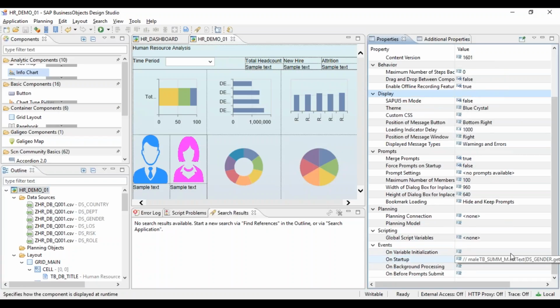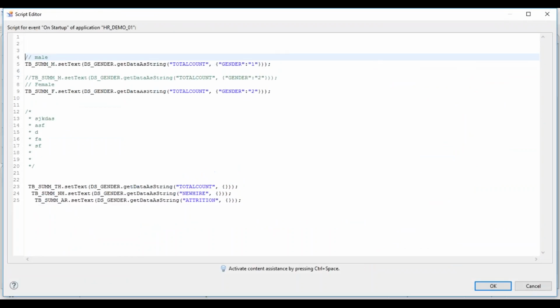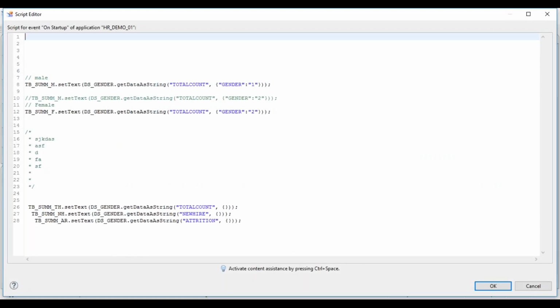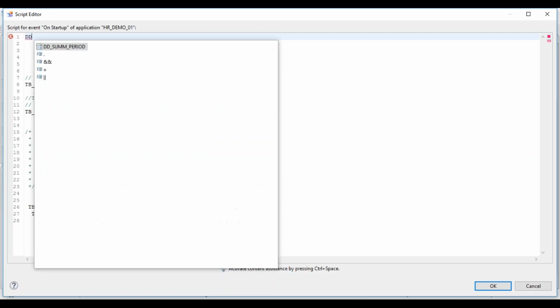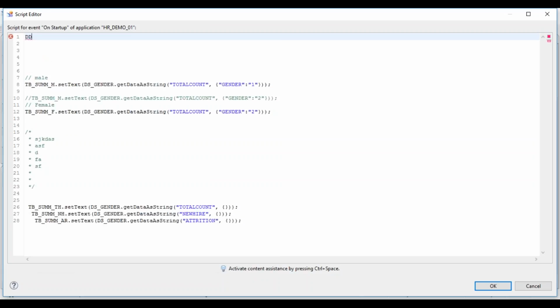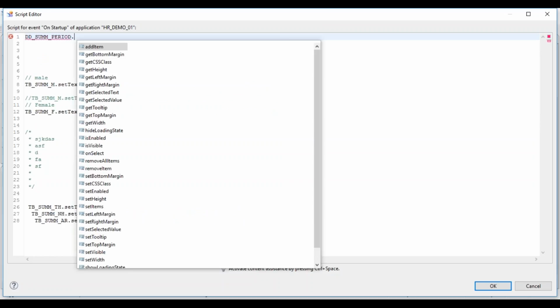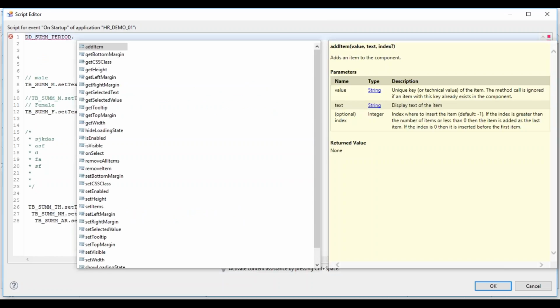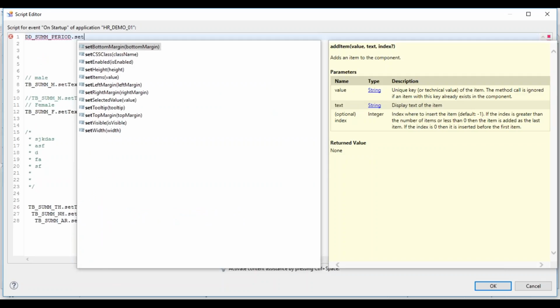When this value should come is when we are starting the application, that time it should have values, this time period drop down. So on the starting itself, what we'll do is we'll load the values into the drop down. So drop down dot, we want to set values. We want to give values to the drop down. So set methods,